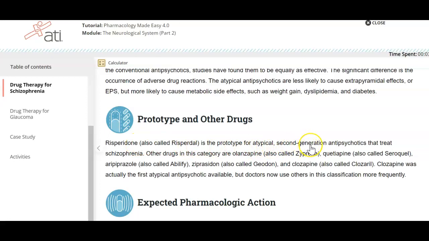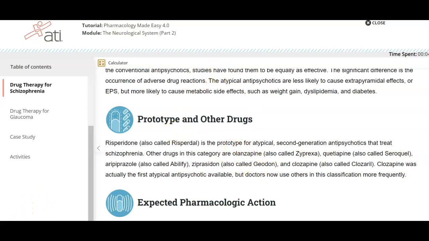For the atypical or second generation antipsychotics, there are a lot of other common ones that we see in practice that you should be aware of. So whether you're using the templates or the drug cards, I would write these medications out on the drug card or in the template so that you can identify that they are also atypical antipsychotics, because Geodon is one we use a lot. We see it a lot, as well as Clozaril, Abilify, Zyprexa, Seroquel. These are used often.